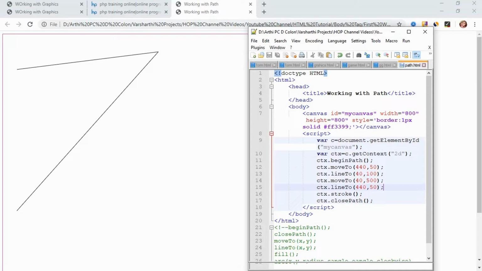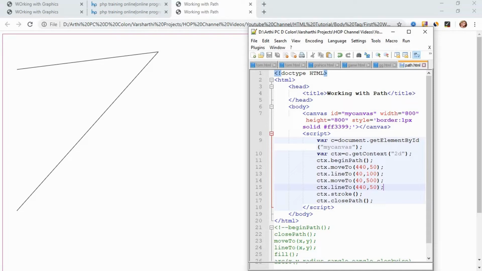The first line has been drawn from 40 and it goes up to the x-axis value of 440, right? Hence here the starting point will be 40 and the ending point is 440, right? Similarly in the y-axis also, that is considered the vertical section, here it goes from 50 to 100, right?